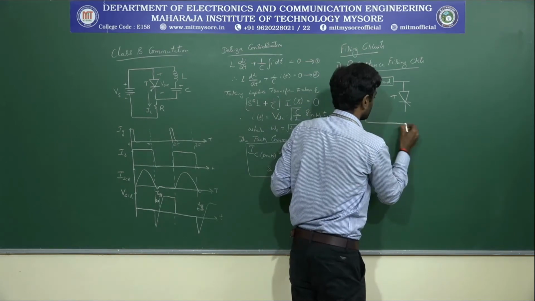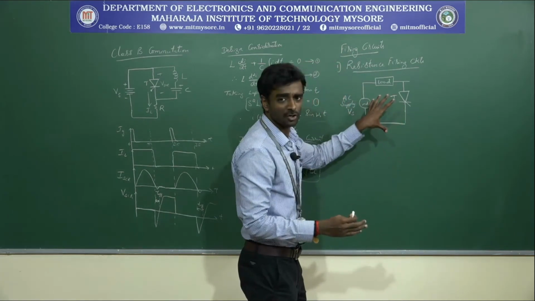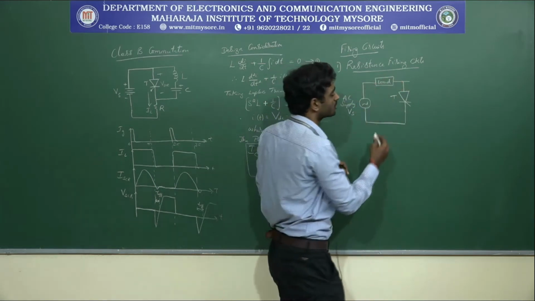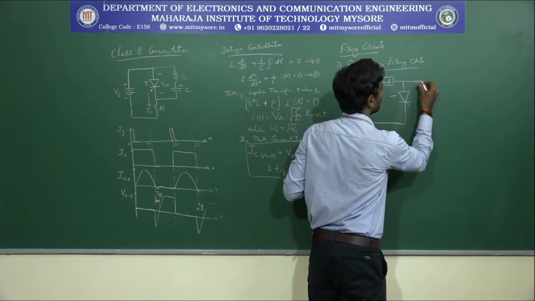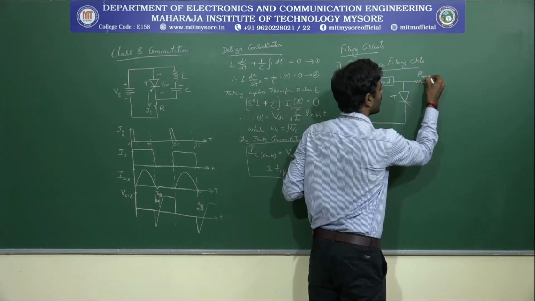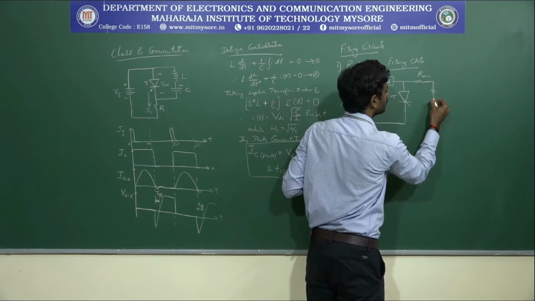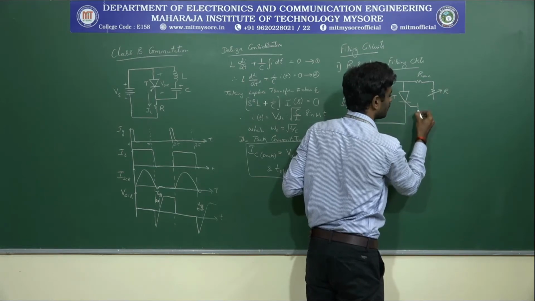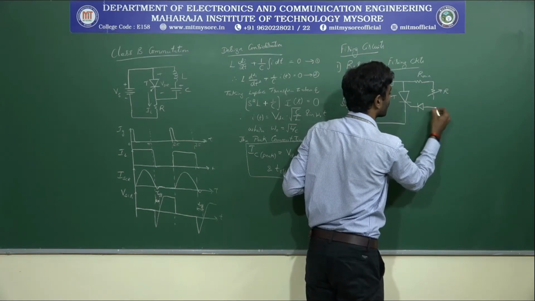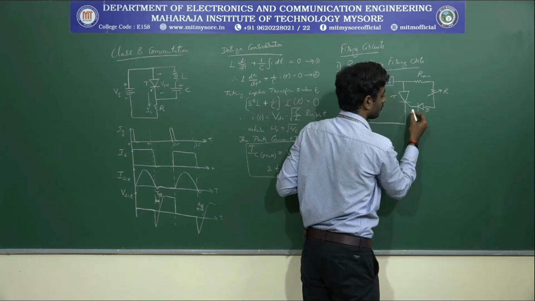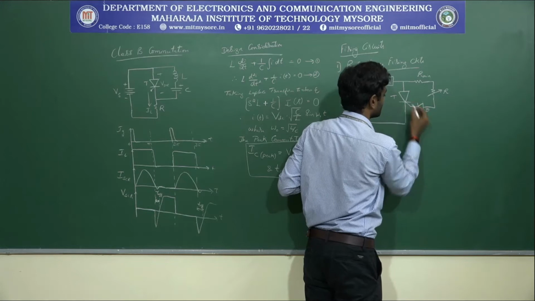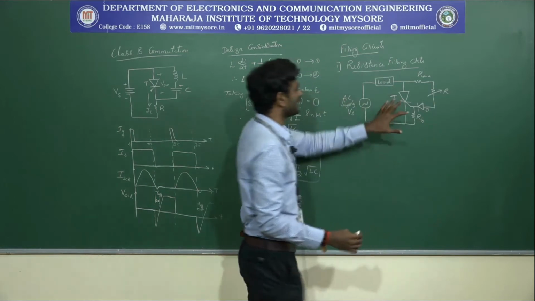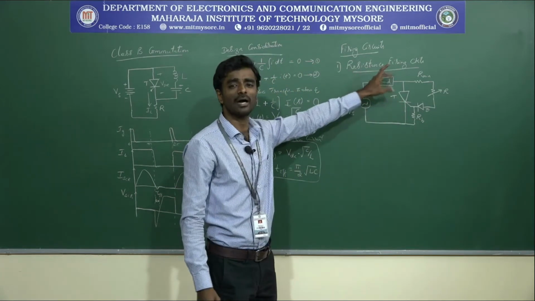So this will be my complete circuit, where to operate this thyristor, I need some components. These are the resistance components. I will call one a minimum resistance, and this will be the variable resistance, and I will be using a diode here. This will be the diode. And across the diode and the thyristor I will use another resistance, which I will call RB. So this is the circuit for my R firing circuit.